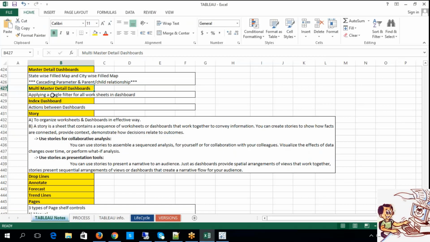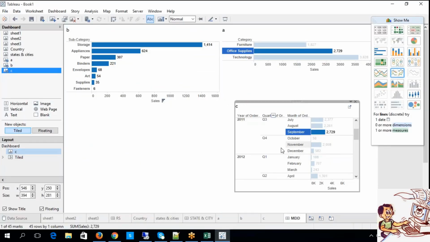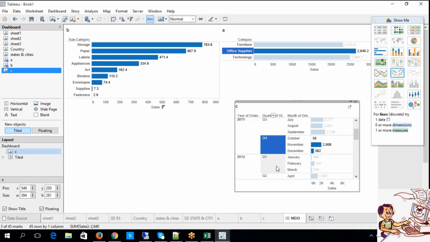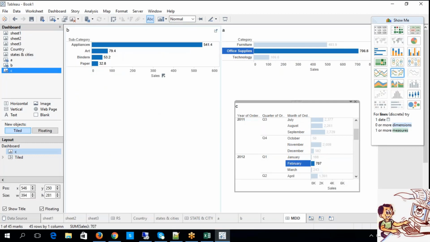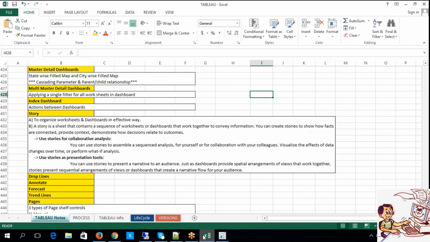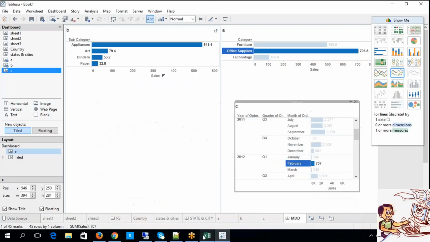Applying a single filter for all worksheets in a dashboard, so a single filtering criterion affects the rest of the dependent elements of my reporting. This is what is called multi-master detailed dashboards. Right, guys, this is it.